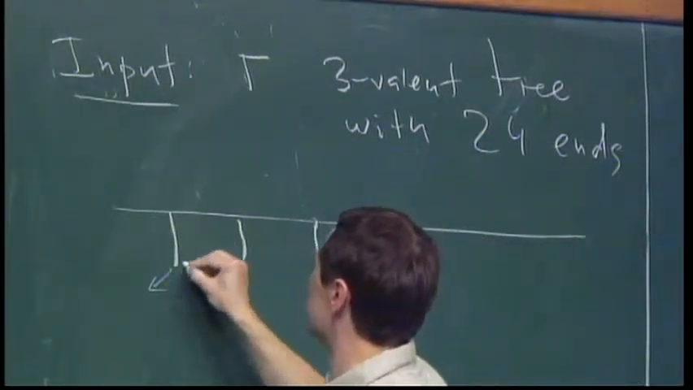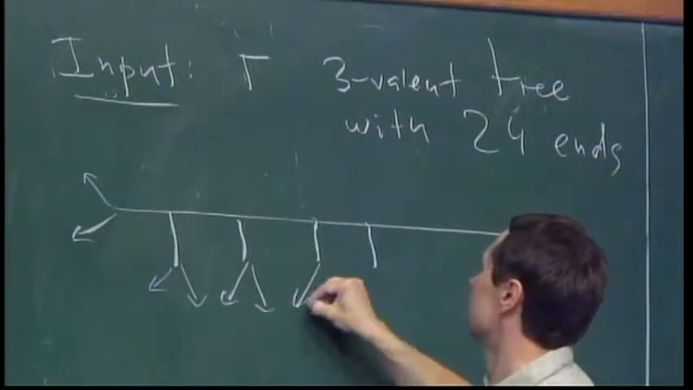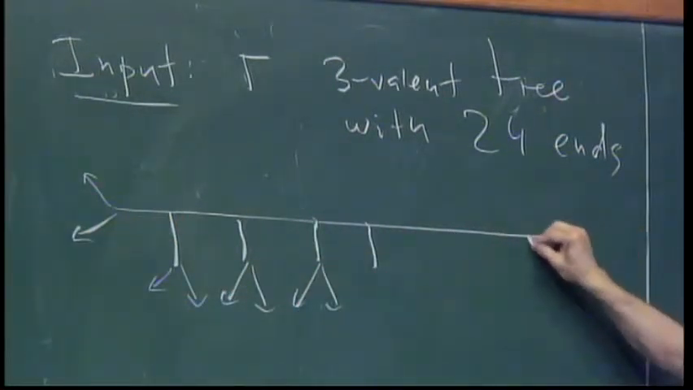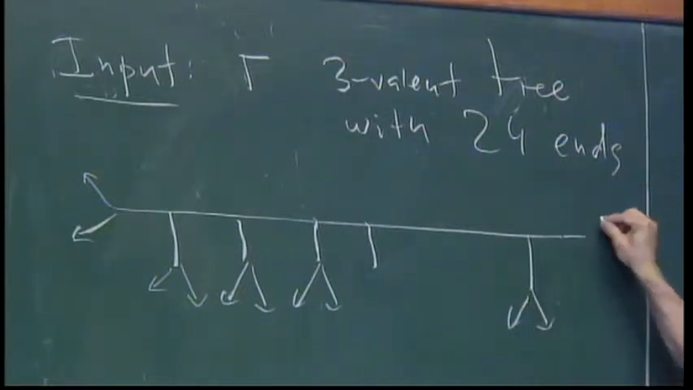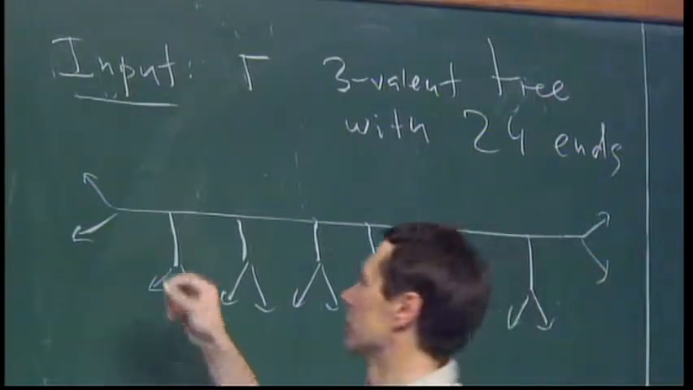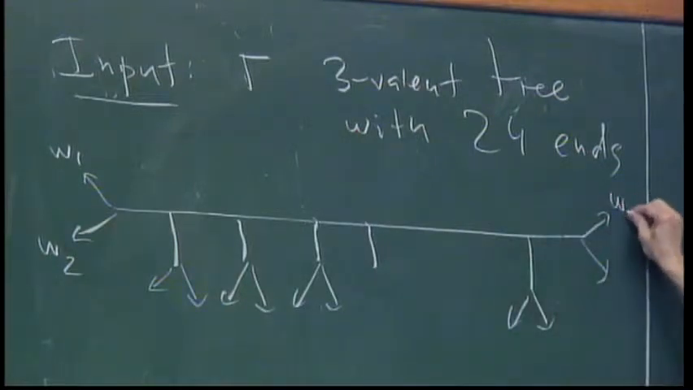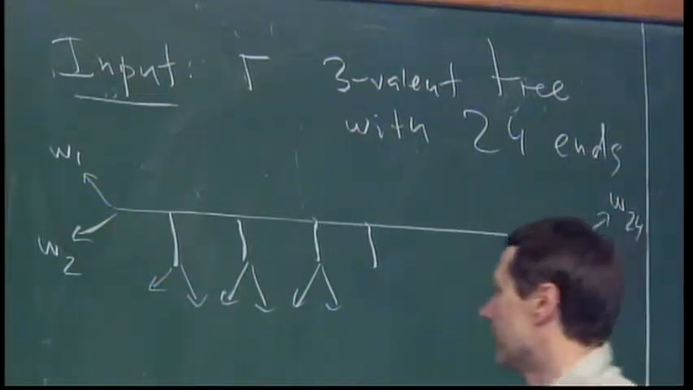For example, you can pick a tree like this, if you like, 24 ends. And then for every end, you have this local monodromy. So you have W1, W2, etc., W24. That's the input. The output,